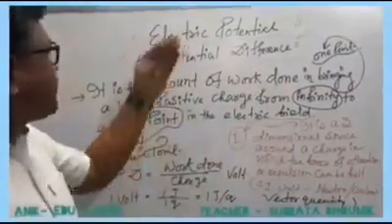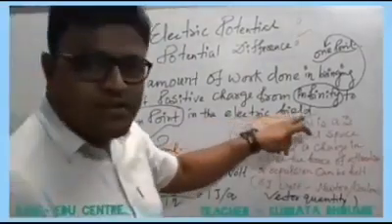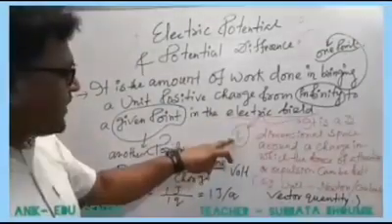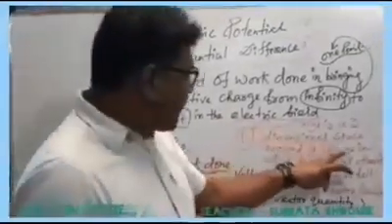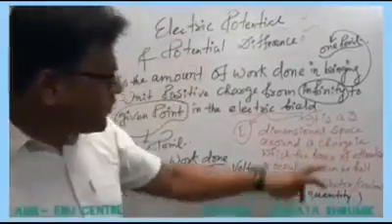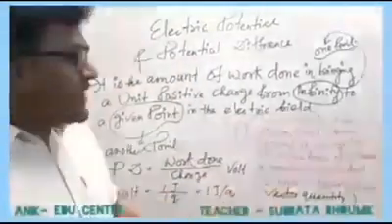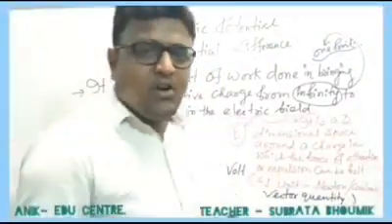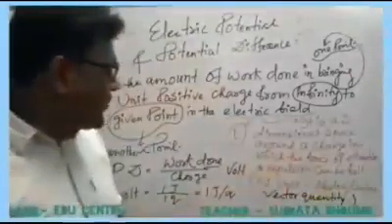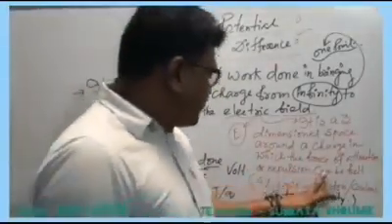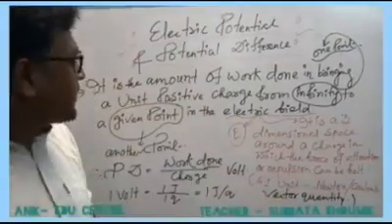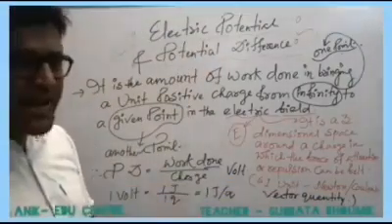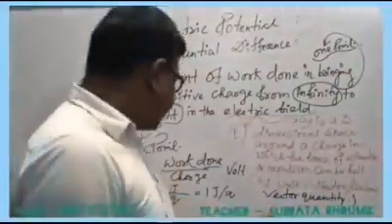Before we start with electric potential, first you have to learn what is electric field. Electric field, as you learned in class 9, is denoted with the letter E. It is the three-dimensional space around the charge in which the force of attraction or repulsion can be felt. What is the meaning of attraction and repulsion? As we learned, like charges always repel each other and opposite charges always attract each other. And what is the SI unit of electric field? That is Newton per Coulomb. As it has a particular direction as well as magnitude, it is called a vector quantity.